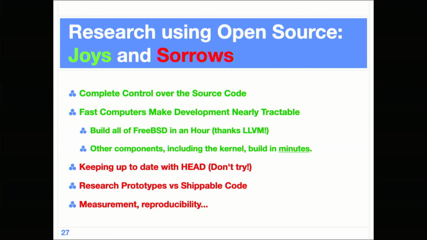And then we have this challenge of measurement and reproducibility. So open source is great because you have all this access, but also it's huge. Measuring an operating system is hard, right? And measuring it in a way that is scientifically valid is really hard. And in fact, I would argue, I probably shouldn't say this considering I got away with writing a paper about it, that it's something that we don't do very well. Scientists don't do very well.